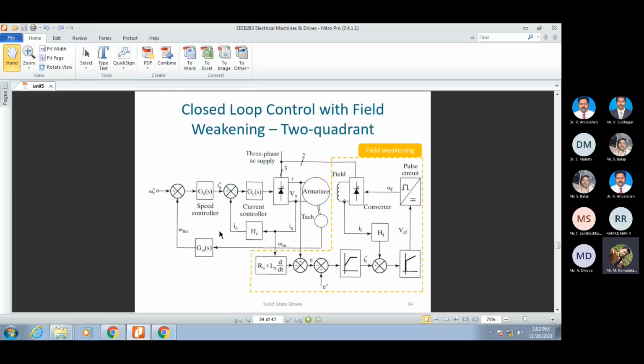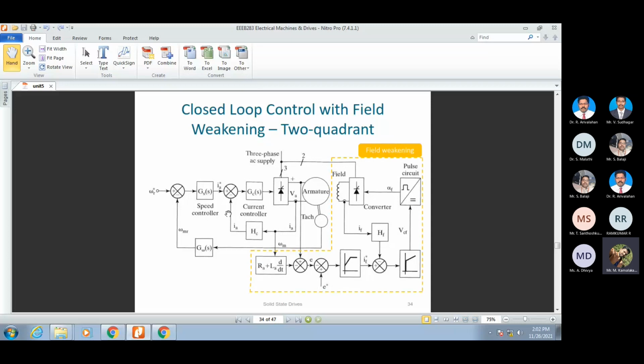Why are we not taking position control? Because the user will not give the exact position of the rotor. For whatever the application may be, the user is concentrating on the exact speed value of the machine. That's why we are neglecting the position control loop. We are only concentrating on the speed control loop, because the user will be giving the value of the reference speed at which the motor has to run. That's why we are concentrating on the speed control loop only.